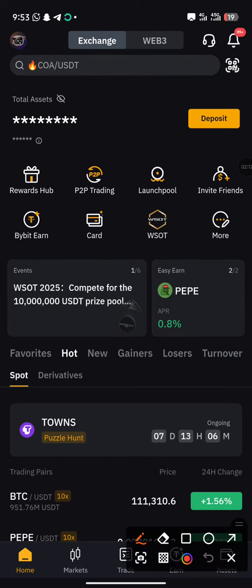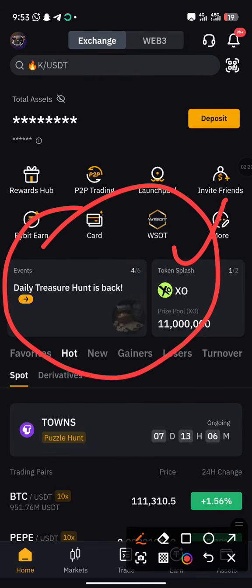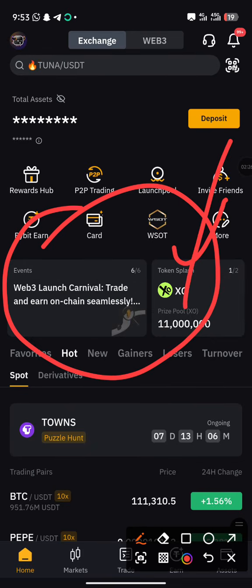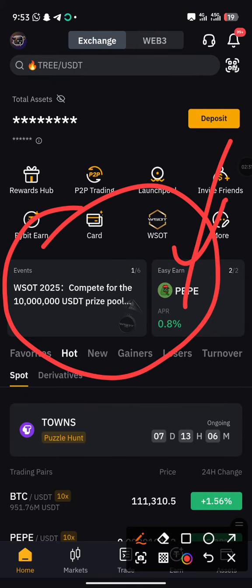You can see this session. If you look at this session carefully, any coin I see here is what I buy. You can see this current Pepe coin is already having 8%. You can see Zoe. The Zoe is currently running a prize pool as a token splash, sorry. Okay, so you can see Pepe too. Pepe says Easy Earn, that is you invest, and by the end of this program what you're going to earn there is